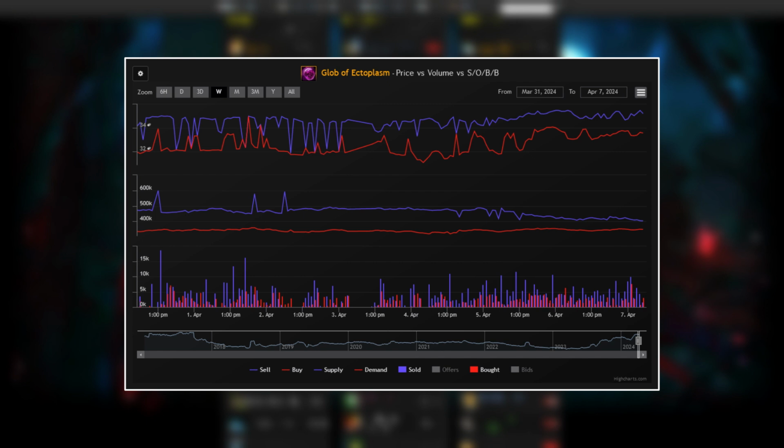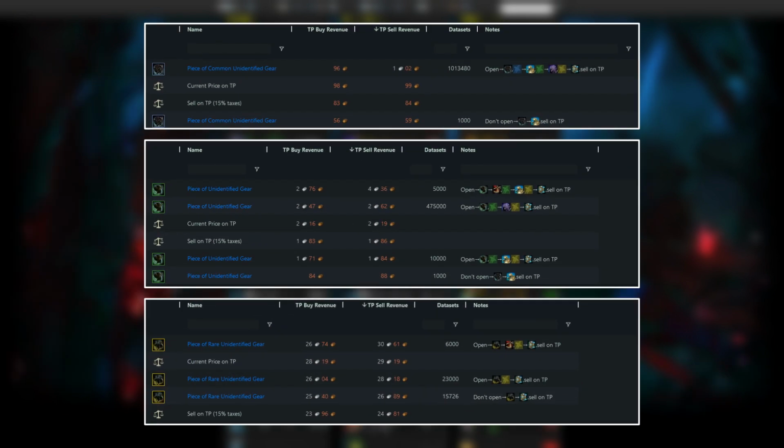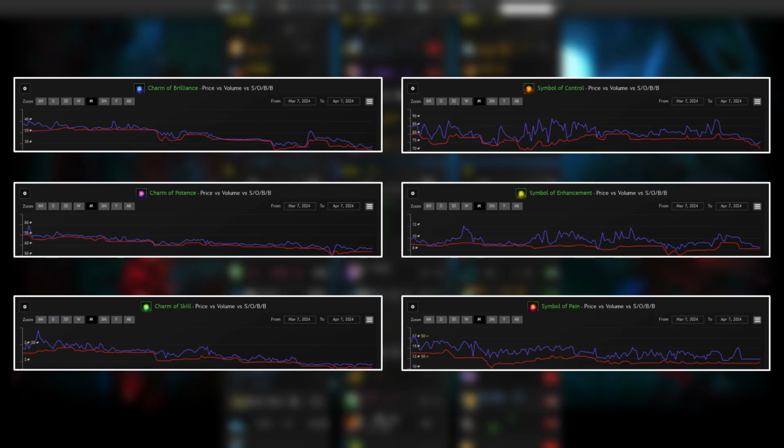If you choose to go for Ectos, you'll be mainly acquiring them through Unidentified Gear, which has been going through market highs and lows since the legendary relic was announced. All 3 rarities are once again worth salvaging yourself, as long as you use the right kit. This holds especially true for masterwork and rare pieces, as you take quite a hit if you sell those on the trading post directly. When processing them, you're also bound to get charms, symbols and lucent motes, which seem to be